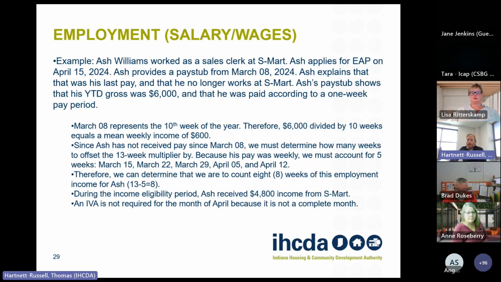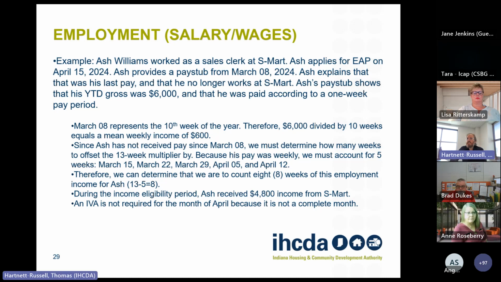But the way the policy is written, we should only need that whenever there's a month with zero income. It shouldn't really come down to weeks. So, in this example, he did receive income during the month of March. He received March 1st, March 8th, and April is not a complete month. So